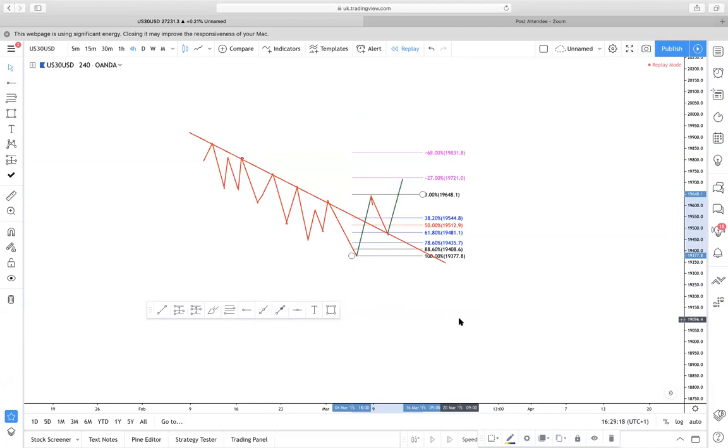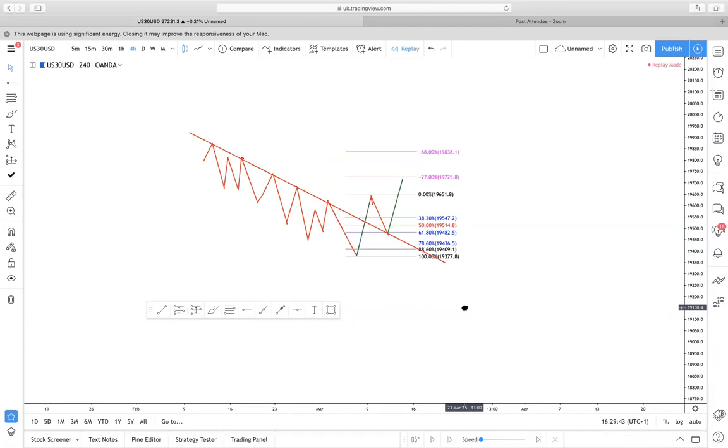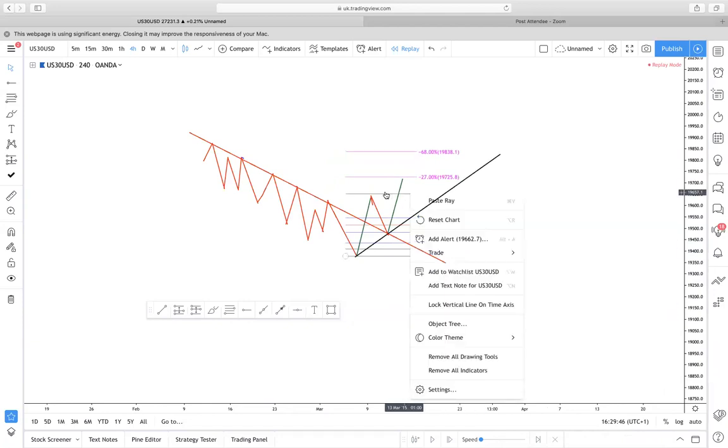Okay. Yeah. Okay, so and we know exactly this time it's create the inverse head and shoulder. So the trend is changing from bearish to bullish. So we are not looking to short anymore. We are looking the pullback, and we are looking to continue with the trend to the upside. So first step, trend line. And after,